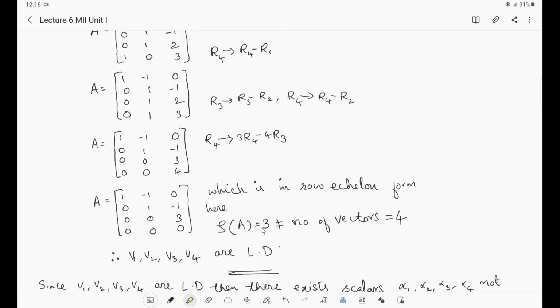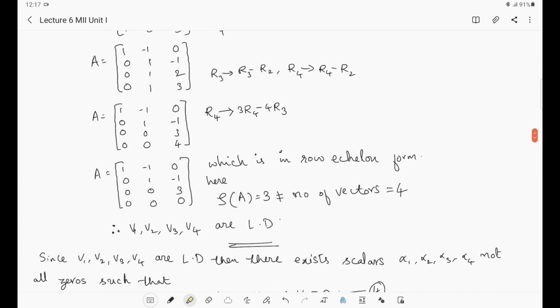We got the rank to be 3, which is not equal to the number of vectors. So the vectors are linearly dependent. Once the vectors are linearly dependent, we can find the relation. Dependent means they are depending on each other. We can find that the dependency is given by some relation. That relation can be obtained,